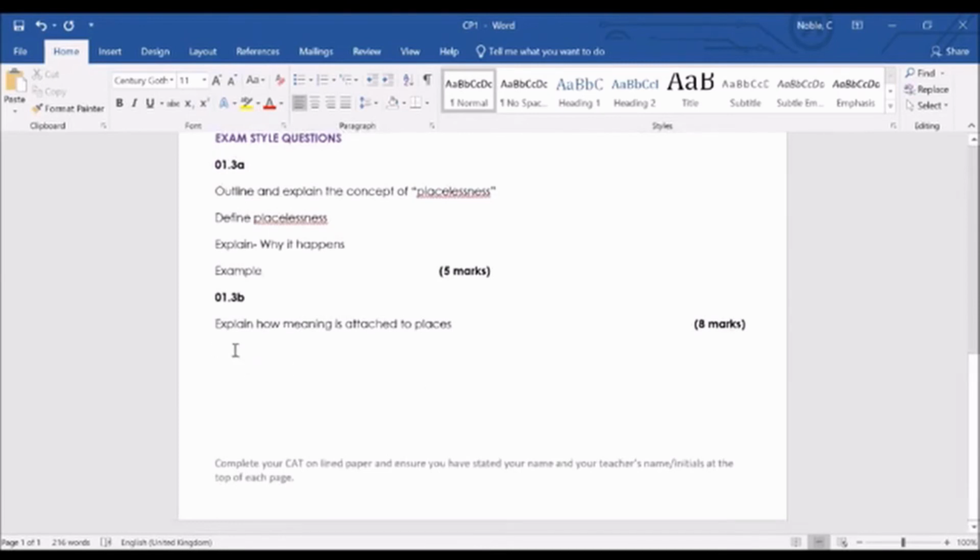The last question, which is an 8-mark question, is based around how meaning is attached to places. And in the last question, you'll be expected to talk about what you know as the tripartite model, which of course has 3 sections, which are person, place, and process. And in order to get all 8 marks in this question, you'll need to make sure you make reference to each of those. In addition, when you're explaining, as with the previous question, if you can give an example within your answer, that would help you to gain credit.